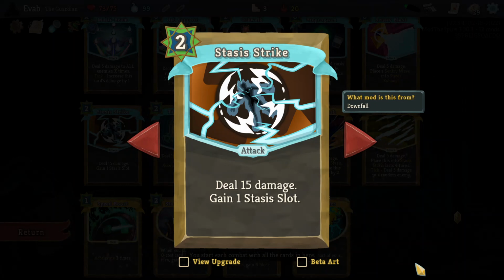I actually really like this change, balance-wise. It does make the card a bit worse, because it's harder to gain a stasis slot now. I think it was necessary to do so. But this is okay damage. 15 damage may strike you as being a little bit low